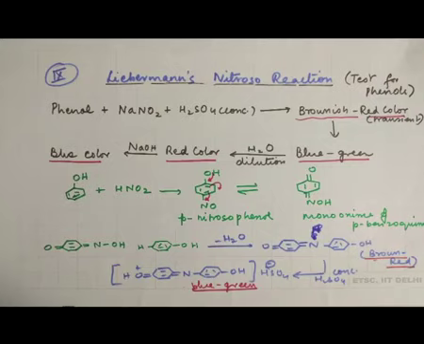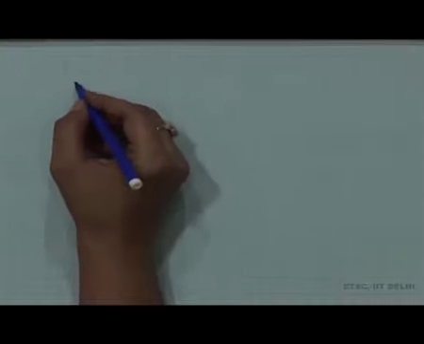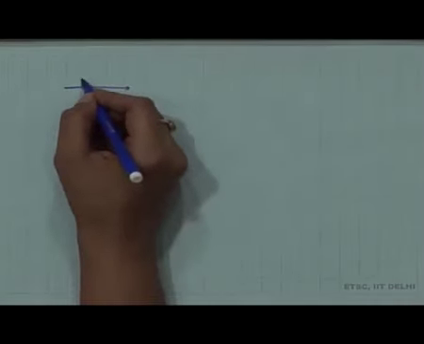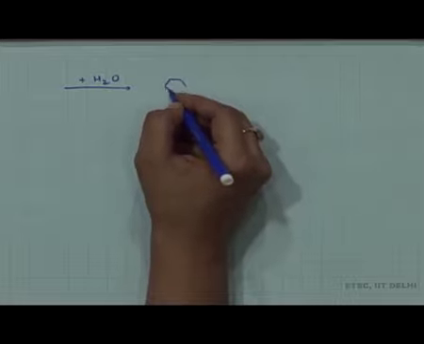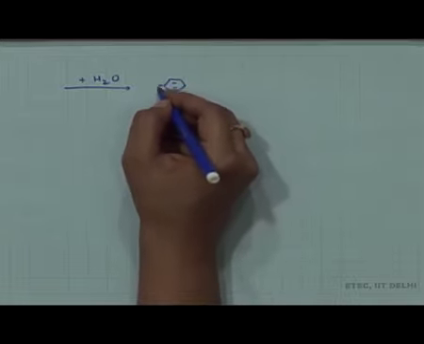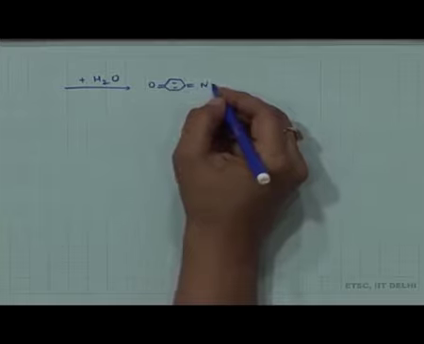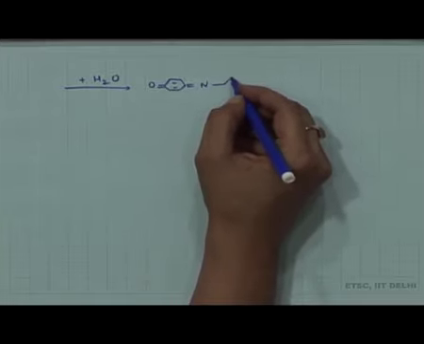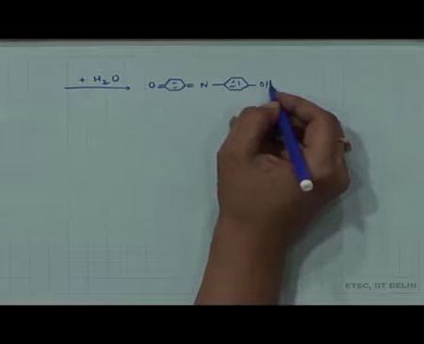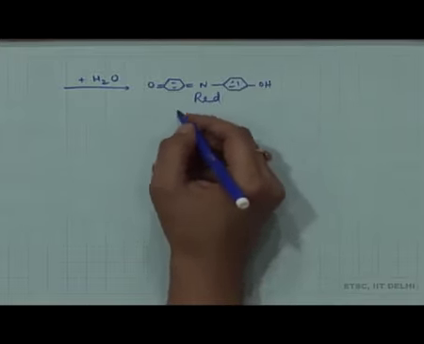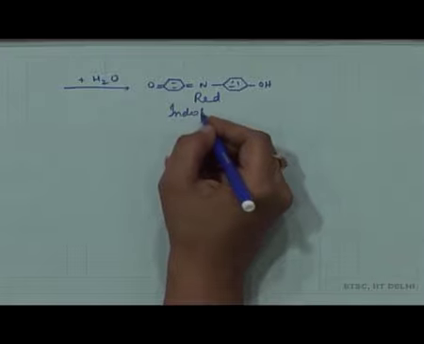Now the next is that when you dilute the solution, so you treat it with water, on dilution what you get is the same molecule which you were getting earlier, showing a red brown color. This is the red color. So, you get this molecule which is the indophenol,